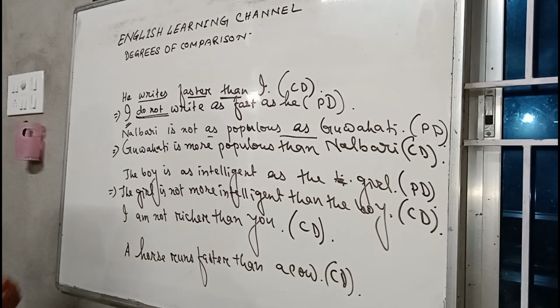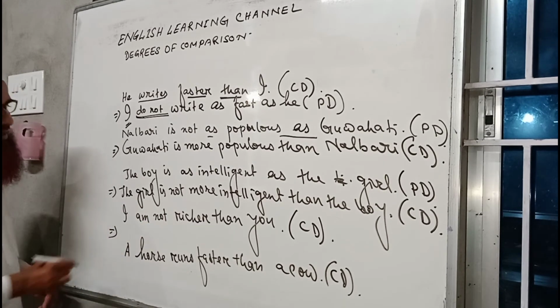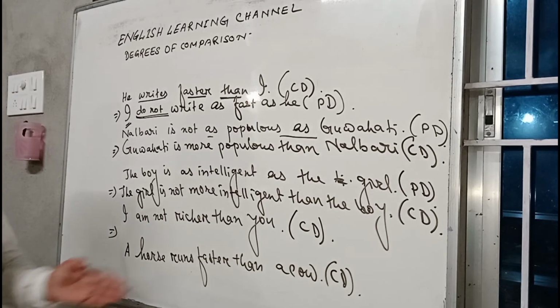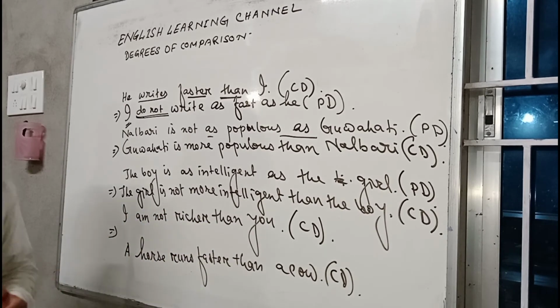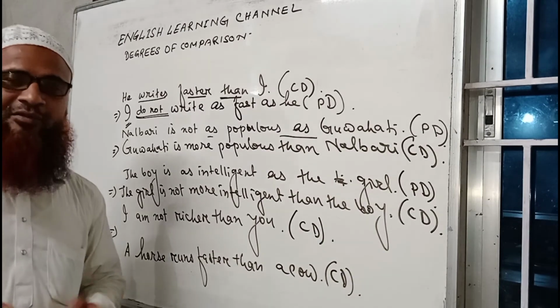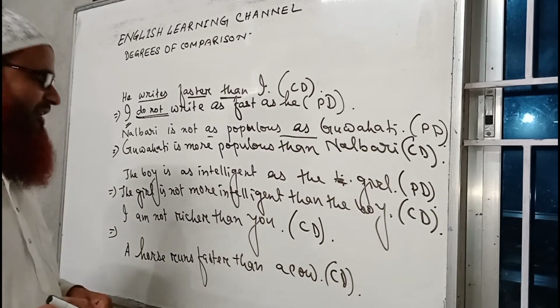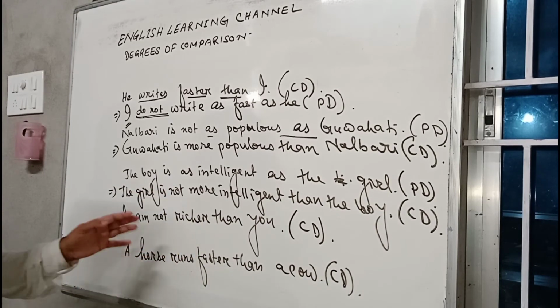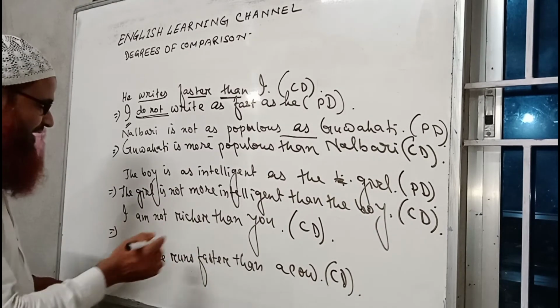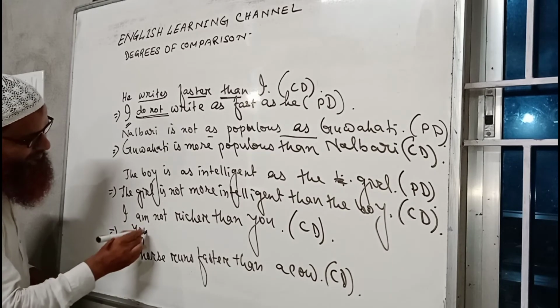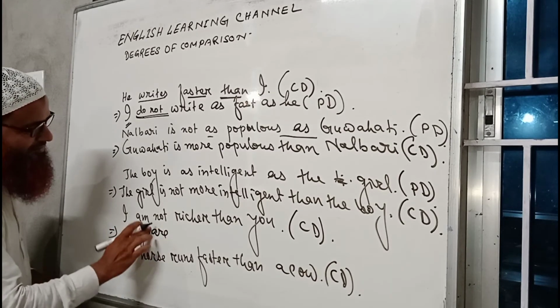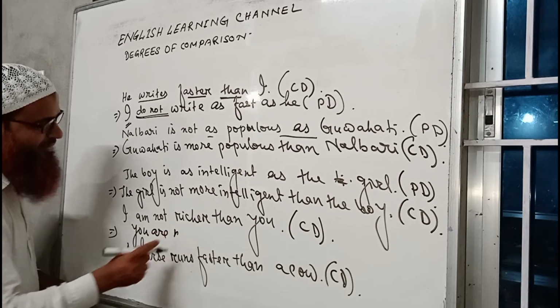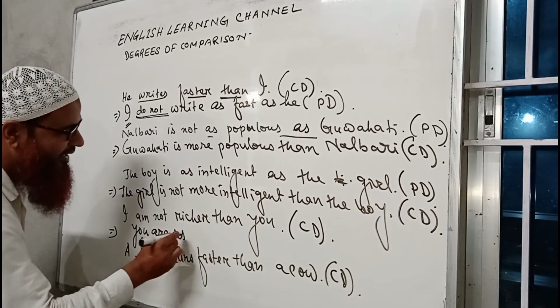So correct one. I am not richer than you. That means I am not richer than you. This means you are as rich as I. That means both you and I have the same or equal property. That is why I am telling that I am not richer than you. So I hope you have already understood what I am going to tell you. So you are rich, not you are as rich. Okay, you are as rich